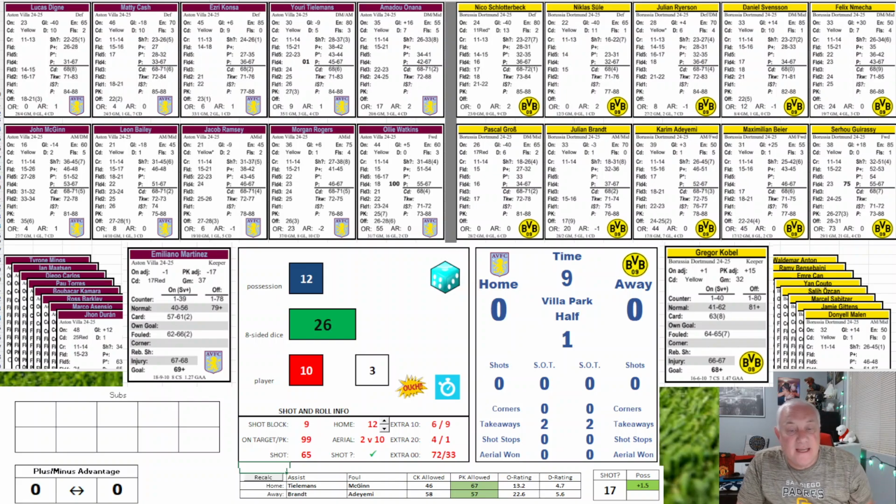So 1 to 17 is going to be the number if it's going to be a rebound, and it is. So a 4, it's a rebound shot. So Martinez makes a save. It's going to be a shot for Bayer against a 10, and that is stopped. So Bayer gets it, but Digne gets in there and prevents the extra shot from happening.